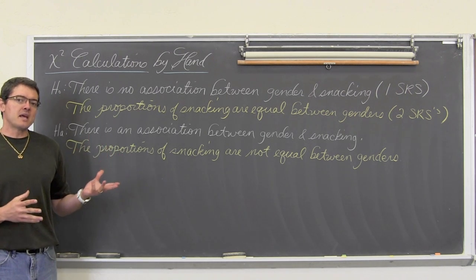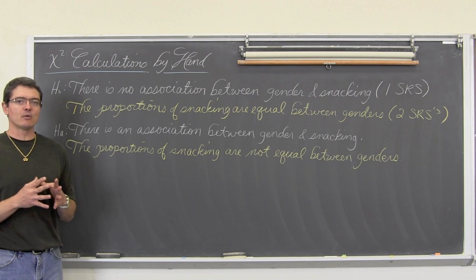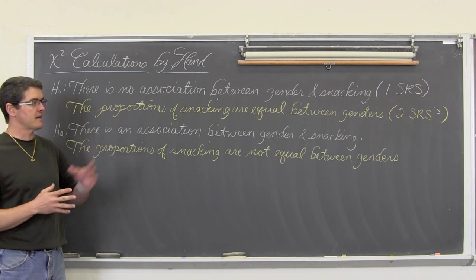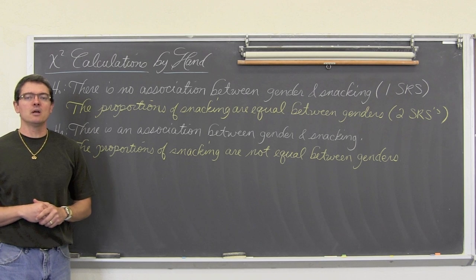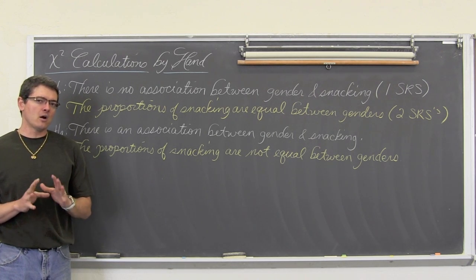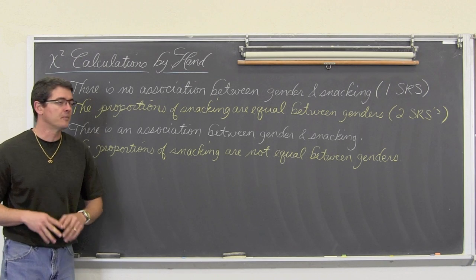So I went through my old examples and I found the example that had the smallest table, the smallest number of cells in the table, and we're going to revisit that example. If you'd like to see the full video, I've got the link here above the chalkboard. Please go check it out because we are going to be just emphasizing the hand calculations in this video.